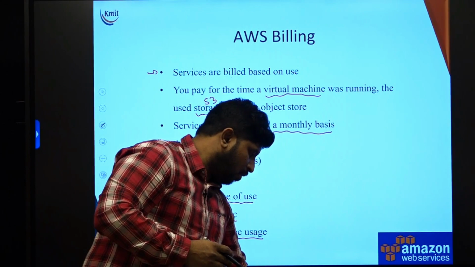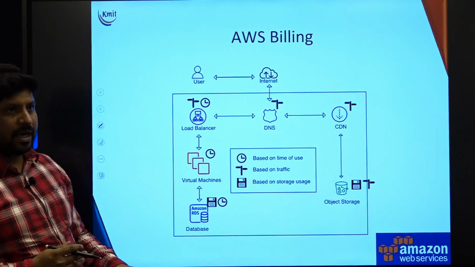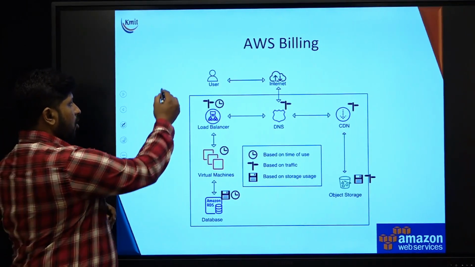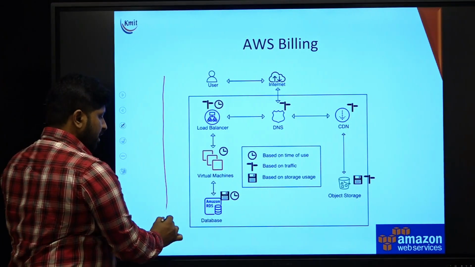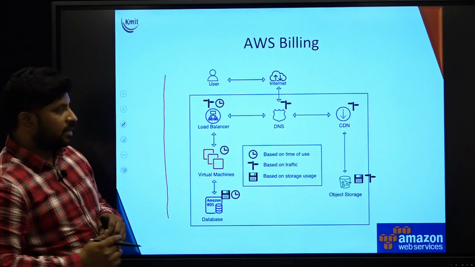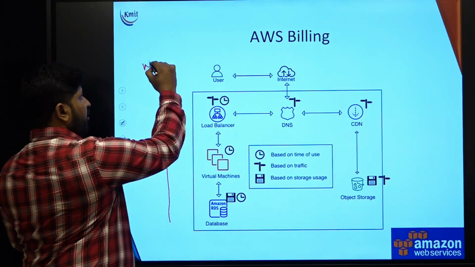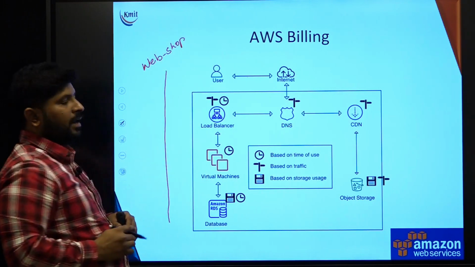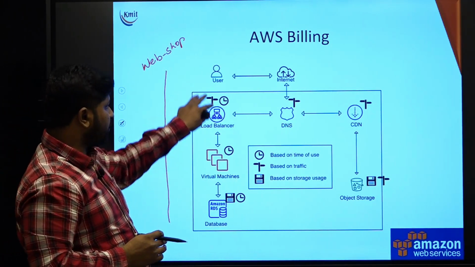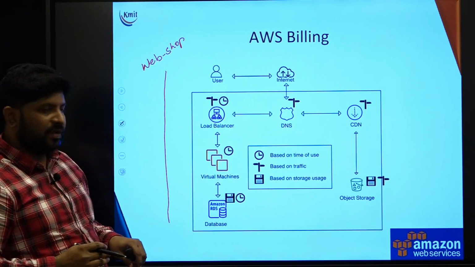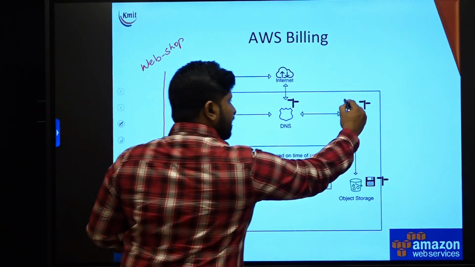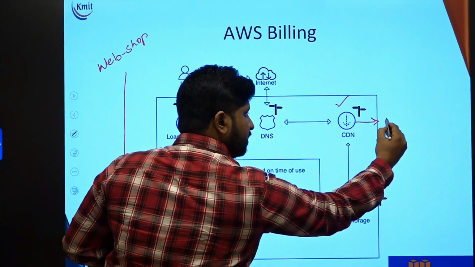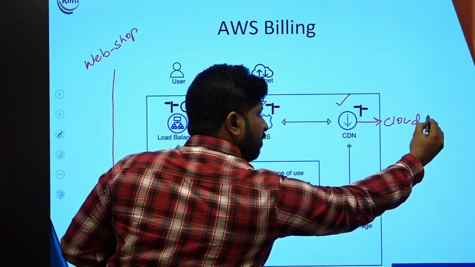Let's see what the services are and how they are going to charge by taking a simple example and use case which we had already seen in our topic number 3. This is an example of a web shop which is deployed on AWS, where this particular website is consuming various services such as the CDN service, content delivery network, CloudFront,